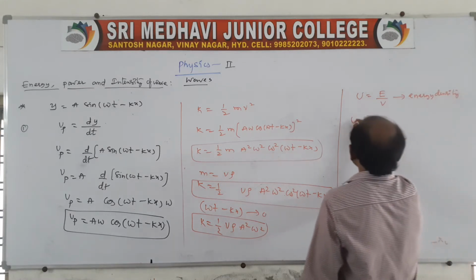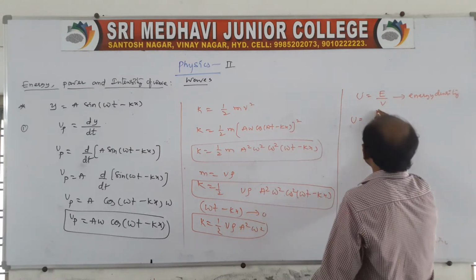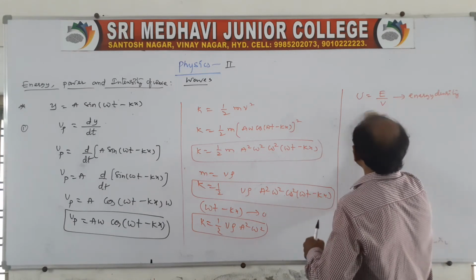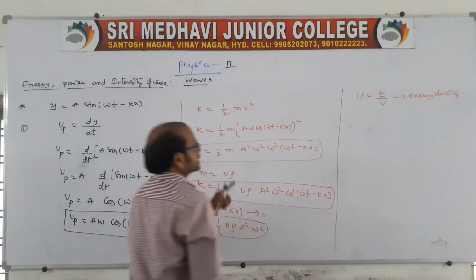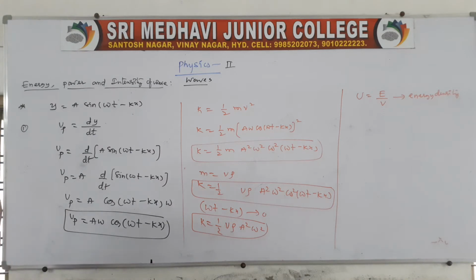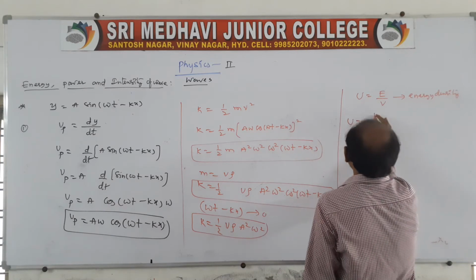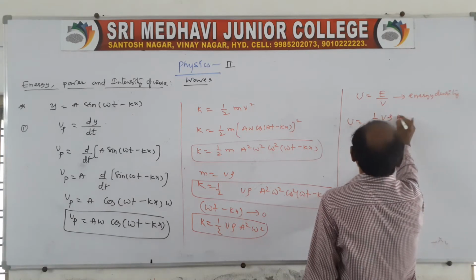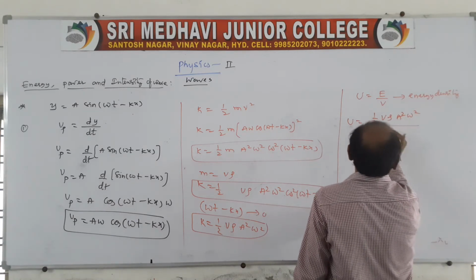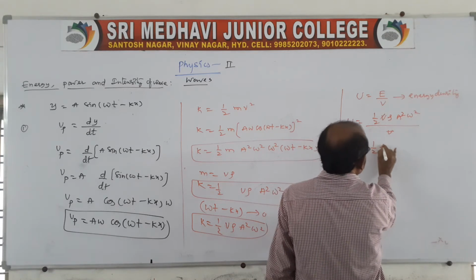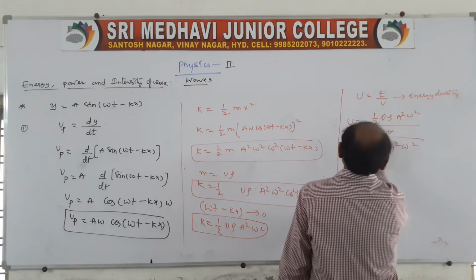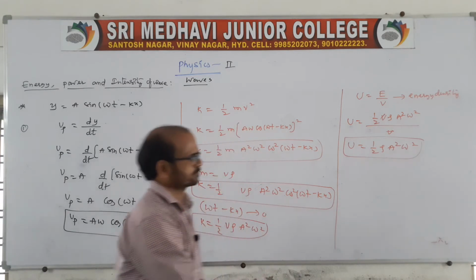So here U is equal to, we know the kinetic energy formula. Energy, no? There we can take U is equal to energy by V. Then you substitute the energy value, V cancels, because kinetic energy we know. Then energy density is equal to half V rho a square omega square by V. Then the energy density will be half rho a square omega square. It is the energy density.